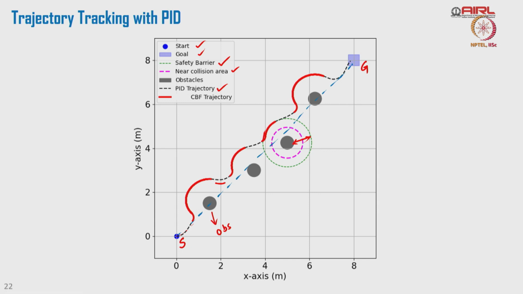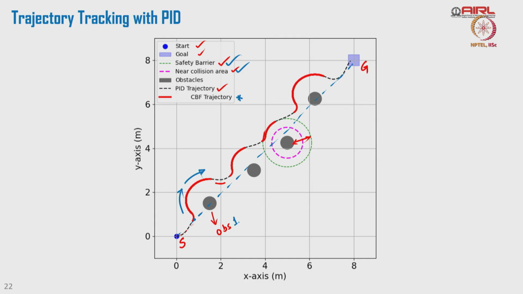Now, when the obstacles are there, we need another concept for obstacle avoidance and safety, and that is given by the CBF, control barrier function. So, when it comes to this point, it detects the obstacle and starts maneuvering so that the obstacle can be avoided safely and it does not go inside the safety barrier or near collision barrier. Once the obstacle, I would say obstacle 1, is covered,